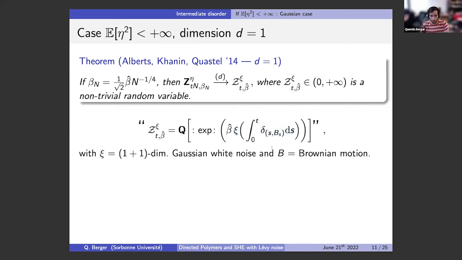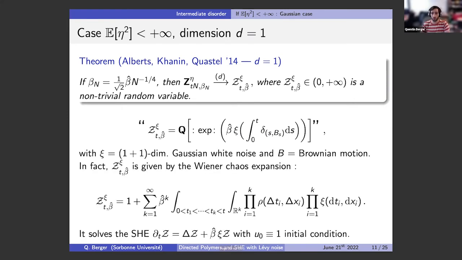Okay, and it does not make sense as such, because to see something non-zero, you need to integrate the white noise on something which has a non-zero volume. So you cannot make sense of that directly, but what you can do is expand the exponential. Okay, so it's a Wick exponential. You expand the Wick exponential, and you exchange the sum with the average with respect to Brownian motion, and what you'll see appear is exactly